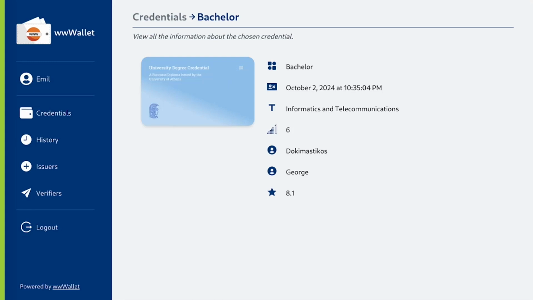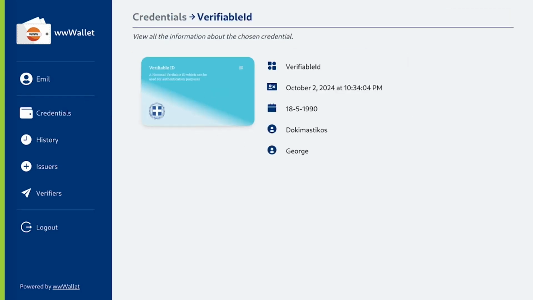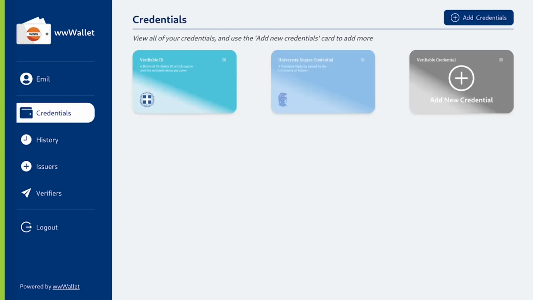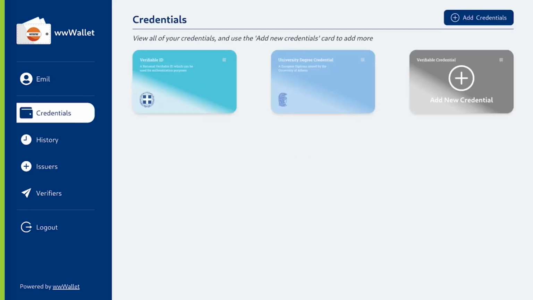And then of course, the idea is that I could also use these credentials to authenticate to other kinds of systems. For example, I could use this verifiable ID credential to prove my legal age to an online liquor store, or I could use this university degree credential to apply to a job somewhere. And in time, there could also be other kinds of credentials in this wallet used for other kinds of things.